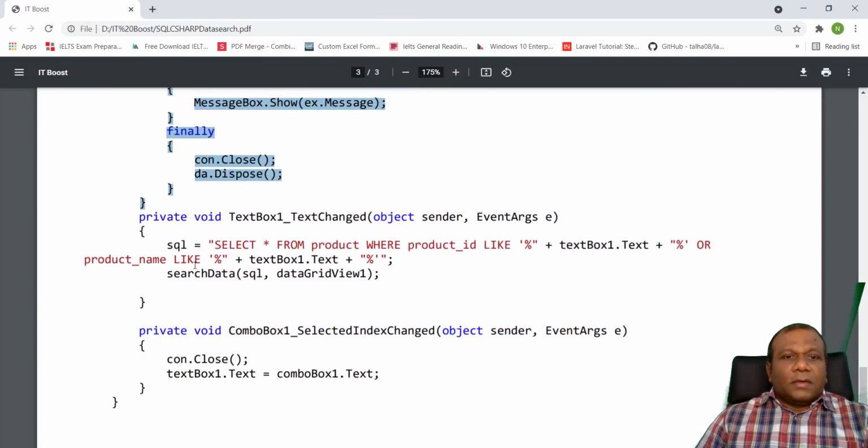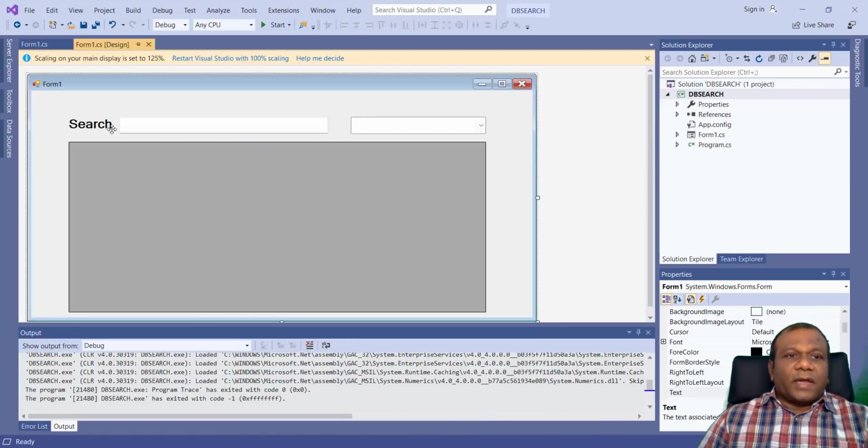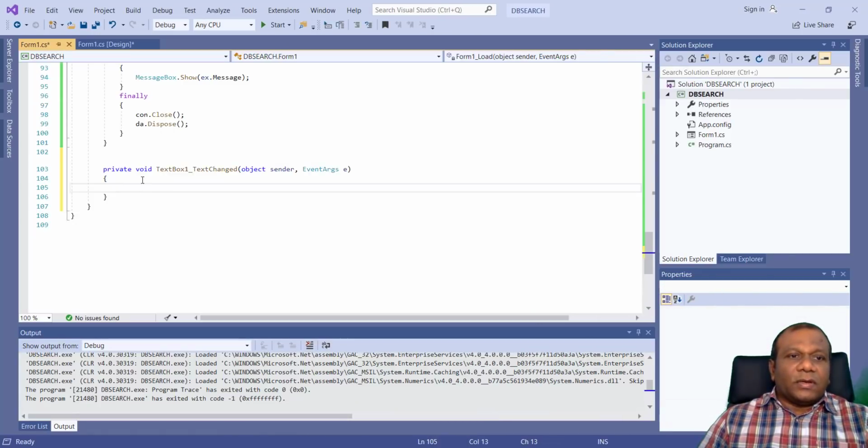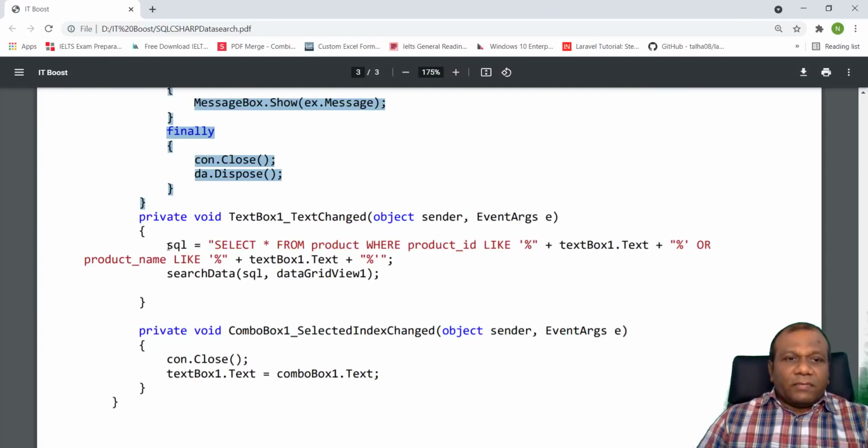Right. Now we'll see the text change. When you type, here private void TextBox1_TextChanged. So go to the design view, double click the text box, so you'll get the private void TextChanged event. In that event, I'm going to make this one.